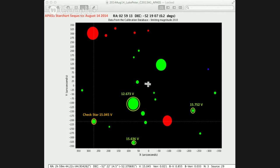The red ones here are ones that are greater than 1.1, and what you're doing is taking a color measurement in two different filters with a monochrome camera of a star and comparing them in the two different filters to find out what color the star actually is. As many of you would be aware, red stars are particularly known to be variable, so they're not really good reference stars. So what we did is we went into the APASS catalog, developed a star chart in the V channel for us, and then we came back and did a high precision photometric analysis using VPHOT,